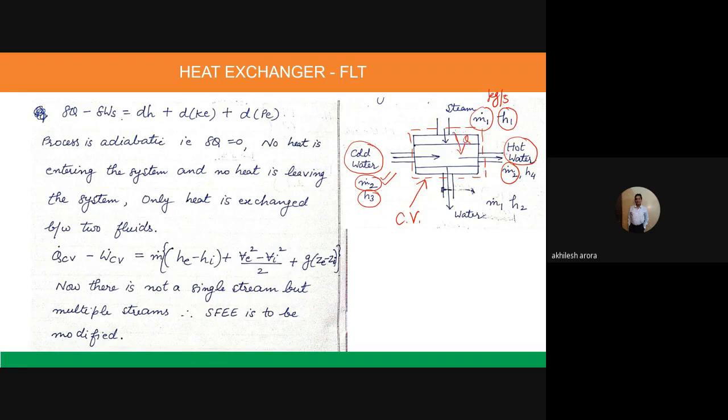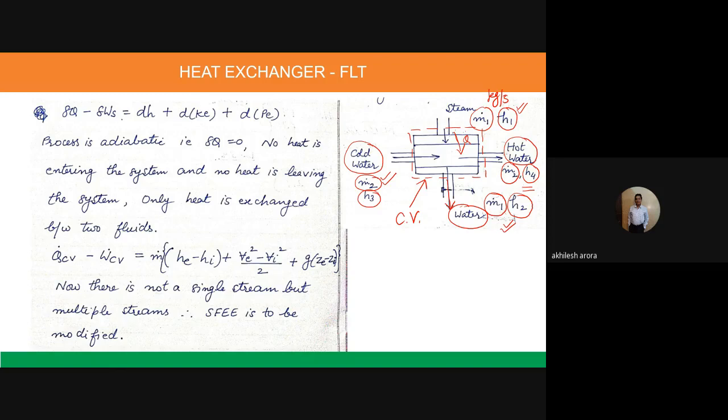Okay, so its enthalpy will be h4. The enthalpy of the water will increase actually, so it is leaving at h4. Whereas the steam which was entering at enthalpy h1 now leaves from the bottom of the heat exchanger as water. The mass flow rate remains the same, m1 dot, whereas the enthalpy is dropped to h2. Okay, so this is what is happening.